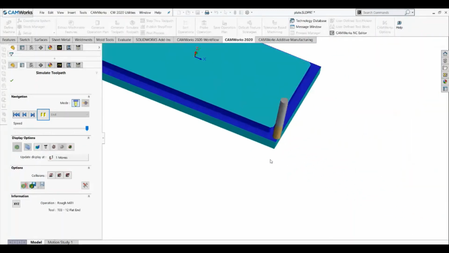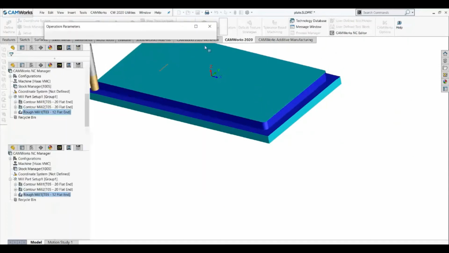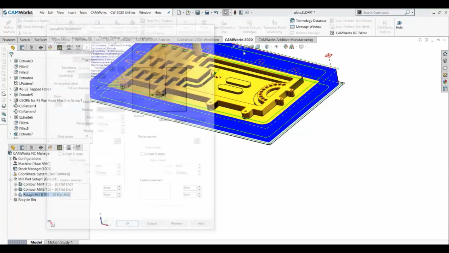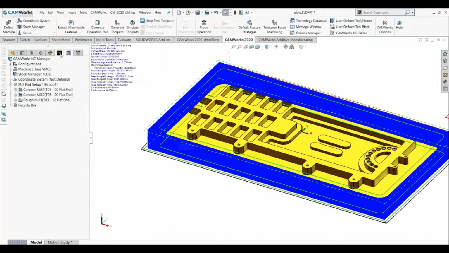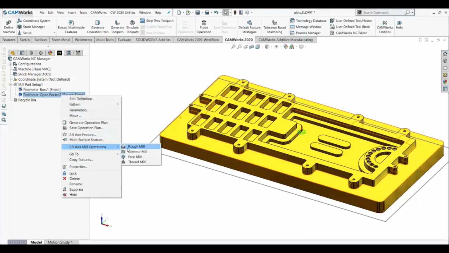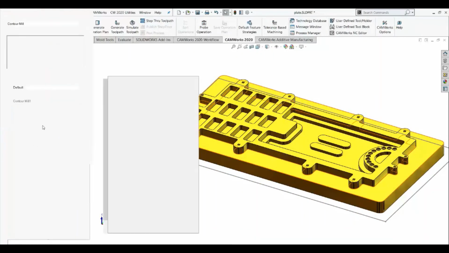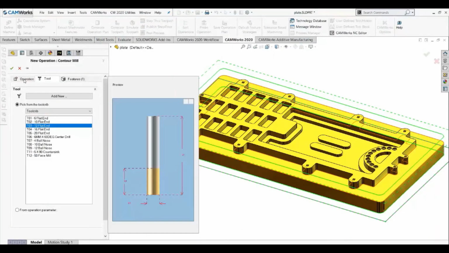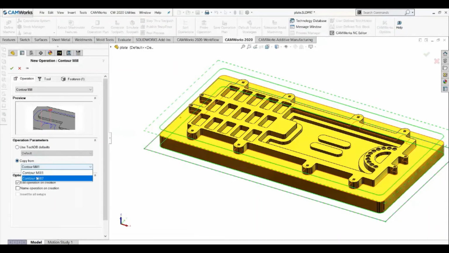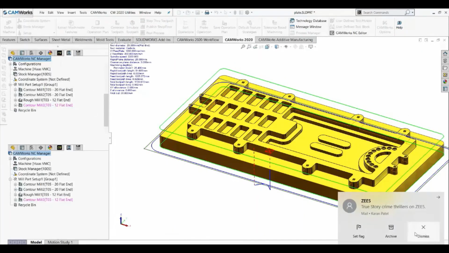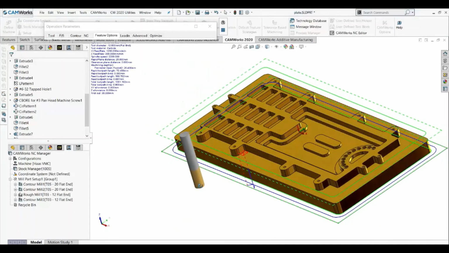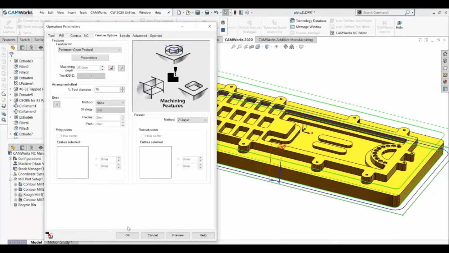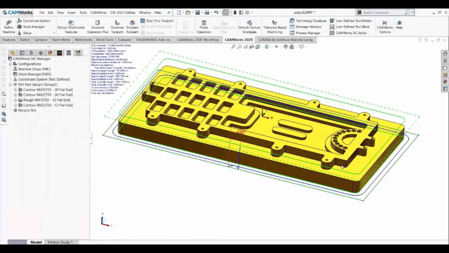Like this you can have a roughing, and you can generate a finishing toolpath with the same process that we have done earlier. That is, this is a roughing toolpath, and from here you can again select a small tool for the contour mill, let's say a 10 or a 12 mm cutter, right? And you can copy the toolpath from the earlier one, and you can just say preview. So you will have a single pass which will give a better finish, right?